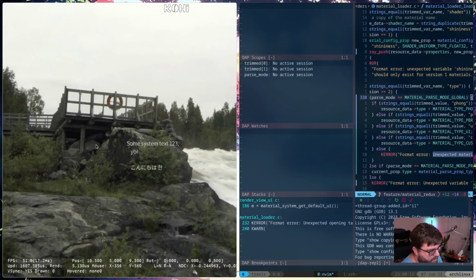Did we load? I don't think we did. Does not look like it. Debugger. Hello.